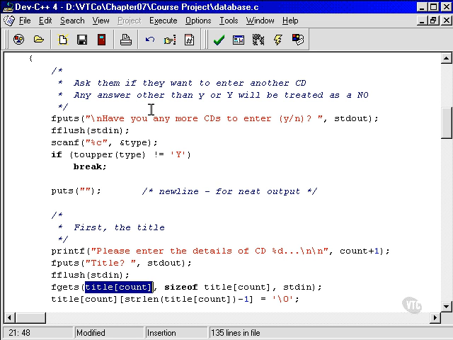Now I've done something clever here. That's the simple part of fgets. Remember now, at this point, that text has to represent how big the array is, how many characters it is. So I'm going to use this clever thing in C called sizeof. You haven't seen sizeof yet. We'll actually have a look at sizeof in more detail in the next chapter. Sizeof just simply tells you how big in bytes the thing to its immediate right is. So the thing to its immediate right is that. That is an array. So this tells you how big that array is in bytes, which is exactly what